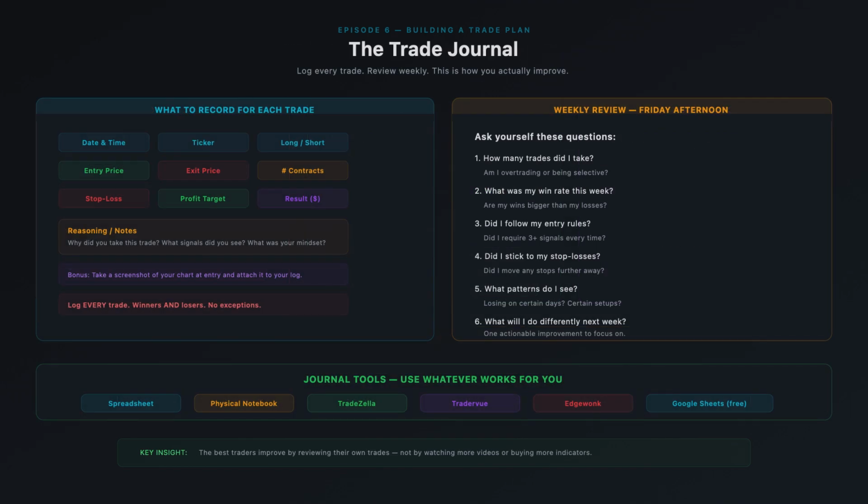This is the part most traders skip, and it's the part that separates the ones who improve from the ones who don't. A trade journal is a log of every trade you take. Not just the winners, every single one. Here's what you should record for each trade. Date and time, the ticker,